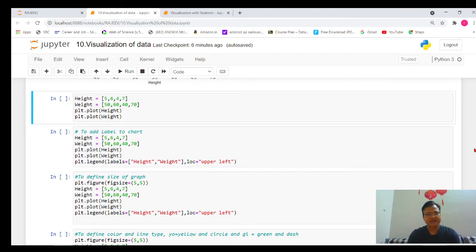Okay. Many times I want to display both the data separately. That means I want the x graph to be displayed separately and the y graph to be displayed separately on the same x and y axis. So for that, what will we do? Here height is there, weight is there. So I will call the plot function two times. The first time, I want to display the graph for height, and the second time, I want to display the graph